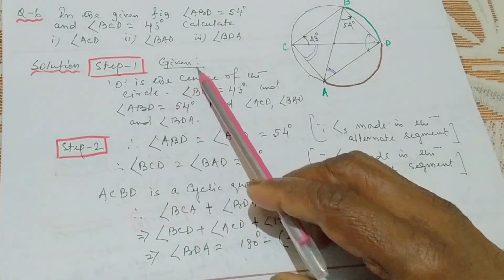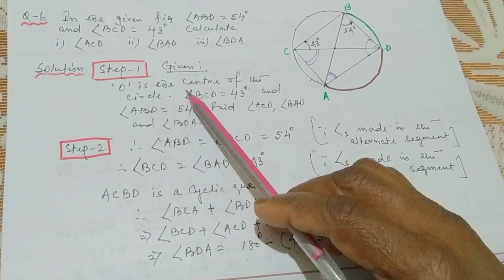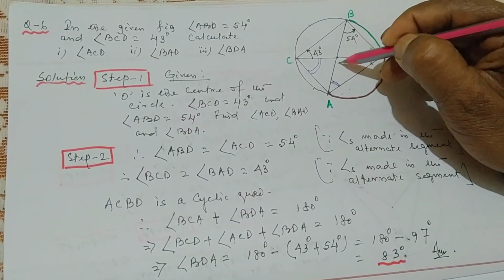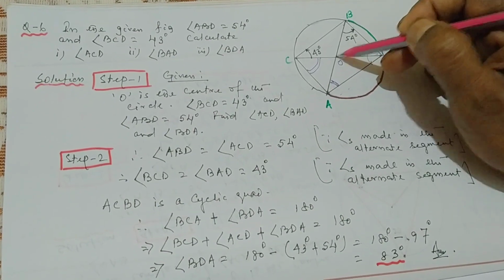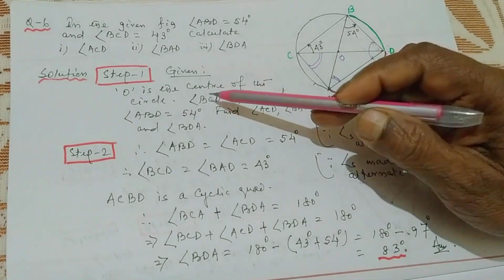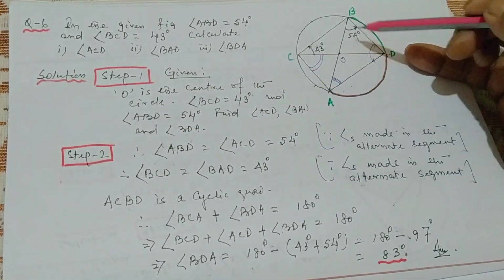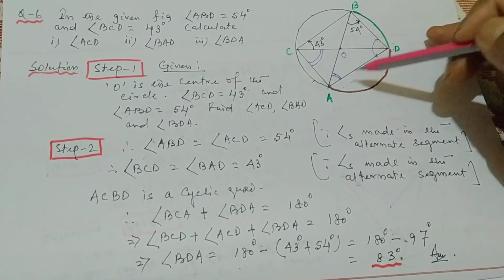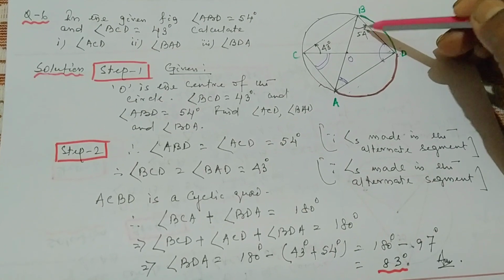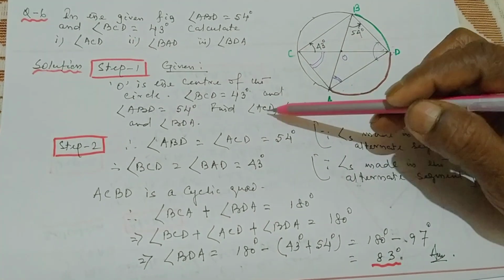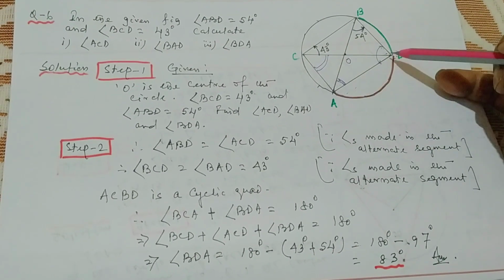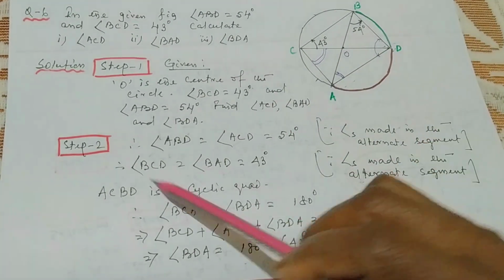Step 1. The given O is the center of the circle, दिखाई पड़ रहा है। O is the center of the circle. Angle BCD is equal to 43 degree, it is given in the question. And angle ABD, this angle 54 degree, it is given in the question. Find angle ACD, BAD and angle BDA. ये तीनों एंगल को फाइंड आउट करना है।